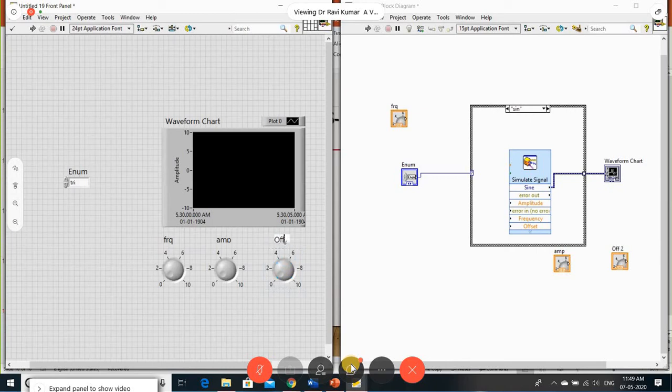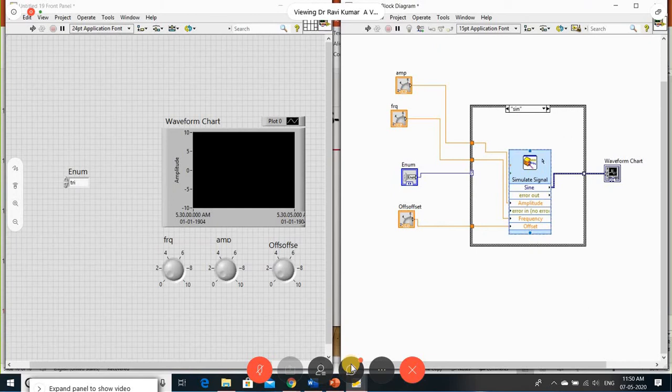This I've taken as offset. So I just connected the amplitude variable to amplitude, I connected the frequency here, and offset, I change this offset.